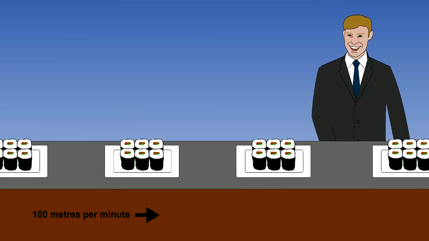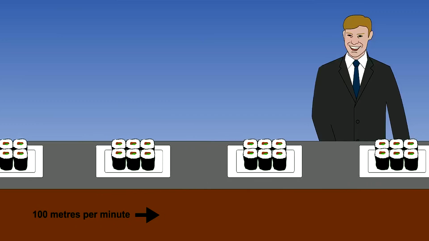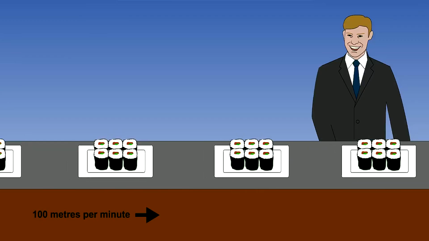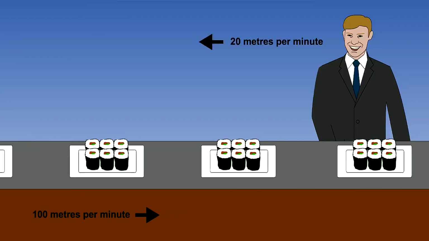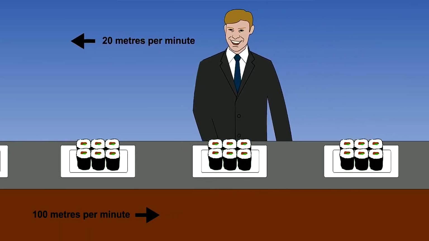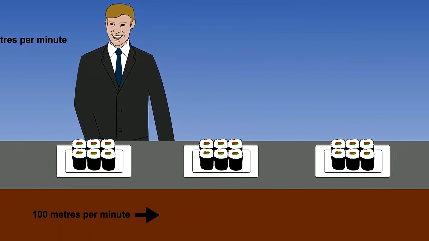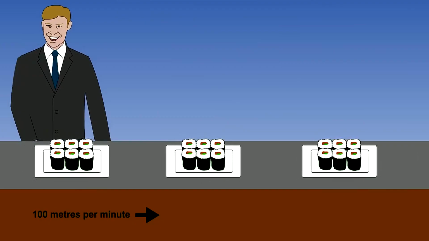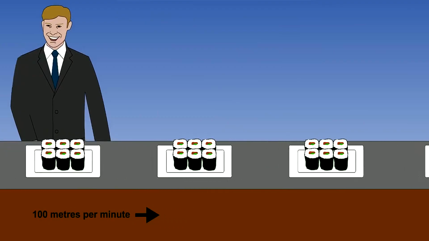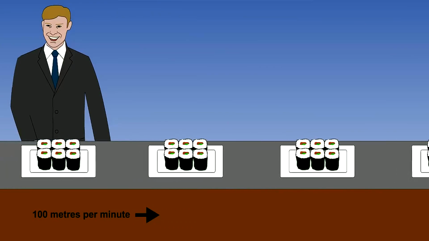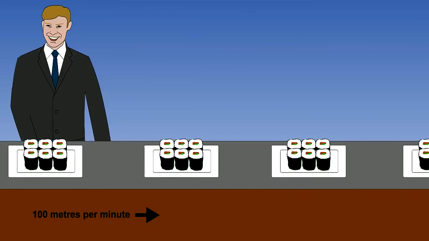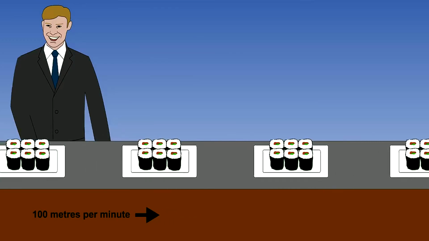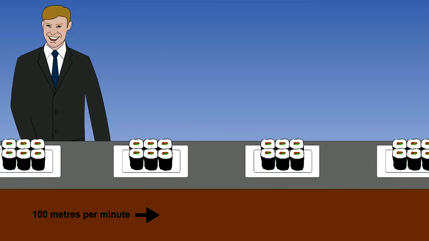In terms of radio waves, if the transmitter and receiver do not change velocity, the wave frequency will be the same. If you now walk at 20 meters a minute towards the direction of the oncoming dishes, then your joint speed will be 100 plus 20 meters a minute. This means that 12 dishes will now pass you in 1 minute, one every 5 seconds. If there is a convergence, the frequency increases.